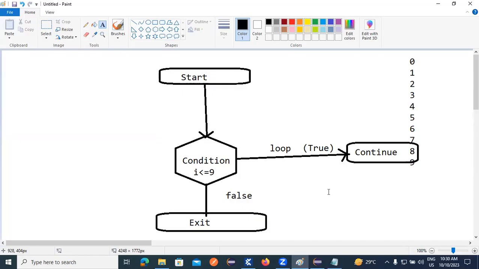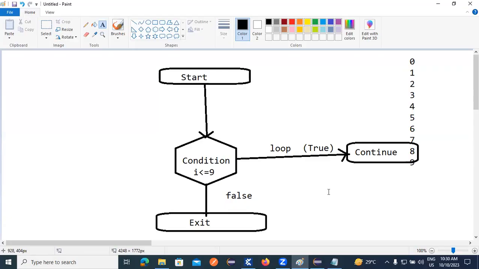The second one, for each loop. Third one, while loop. The next one, do while loop. Okay, put the heading